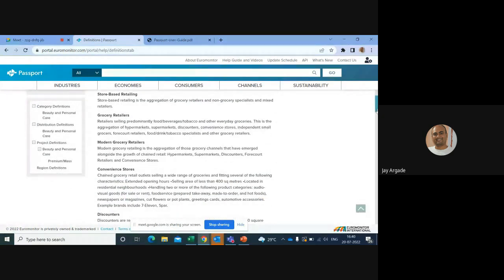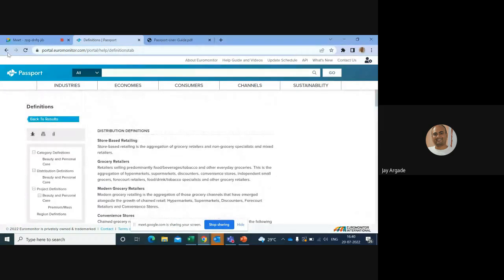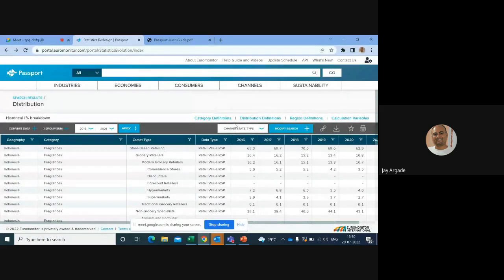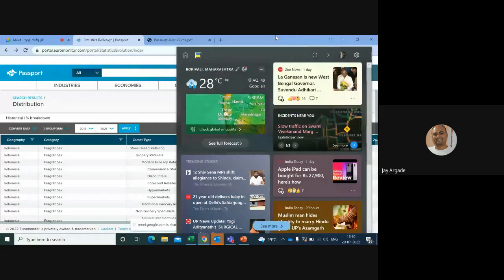What is modern grocers? What is convenience stores? Likewise, anytime you're confused with the definitions, the definition tags are also provided here, or a regional definition, a definition of Indonesia per se. So that kind of definitions are also there. Now we can see the